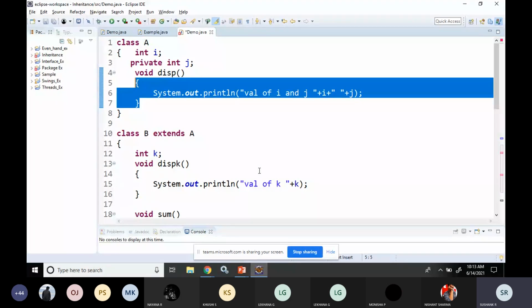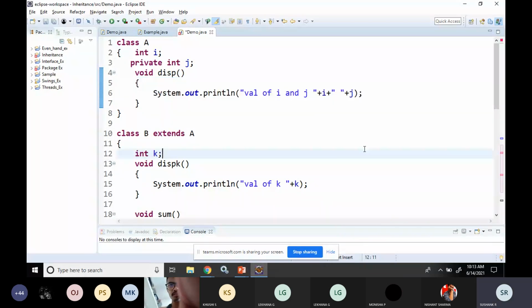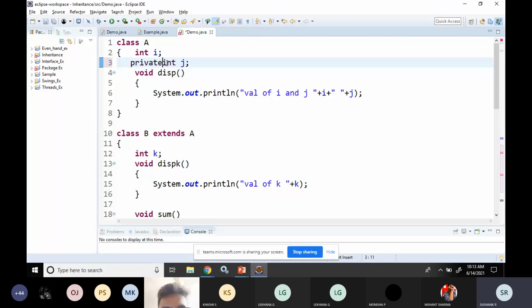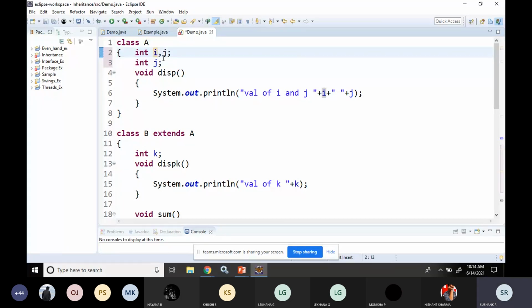The same problem, which I will modify, and let us see how this works. I'll just add simple printf statements and modify this program. After this, we'll understand that concept. First, I'll write the program so that you will understand it better. I'll just write it in one line: i comma j.